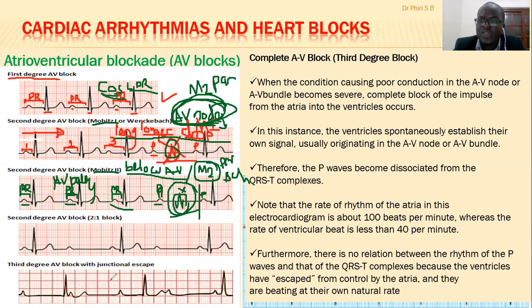So the atria are contracting on their own, the ventricles are contracting on their own. Why? Because you have the two atria, then you have the two ventricles down there, and these are only communicating via the SA node and the AV node that is conducting to the muscle fibers. Maybe I use a different ink here. So I'm saying the two atria are communicating with the two ventricles via the SA node, AV node, then the bundle of His. Then you have the left branch and the right branch of the bundle of His